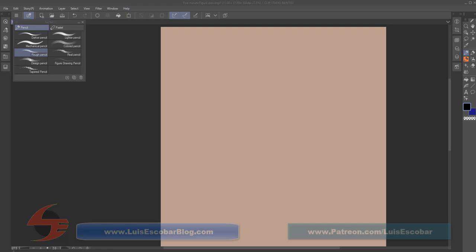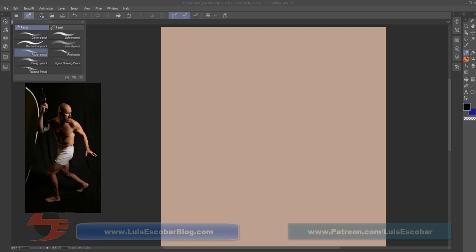With the 5-minute pose, we obviously have a lot more time. Hopefully we'll get a little bit more done on the drawing, but the idea is not to have a finished piece. That's not the point. The point is to study anatomy, lighting, different things, and we'll check ourselves after the pose, and hopefully we'll learn something new as we go. Okay, so I'm going to start the clock, and just like with the 2-minute, I will start